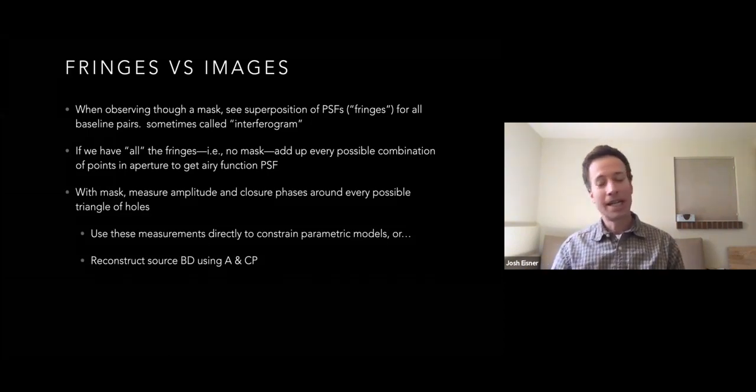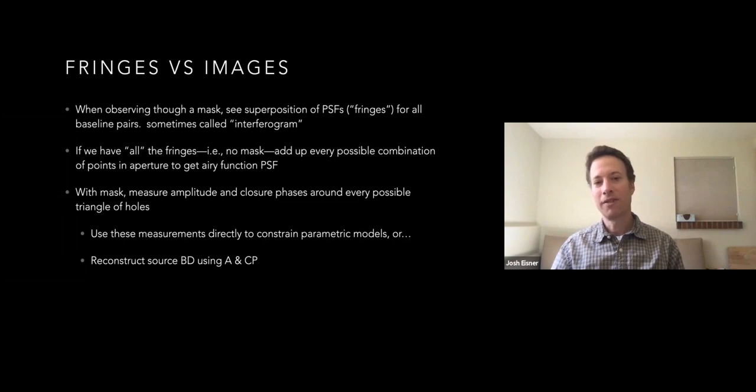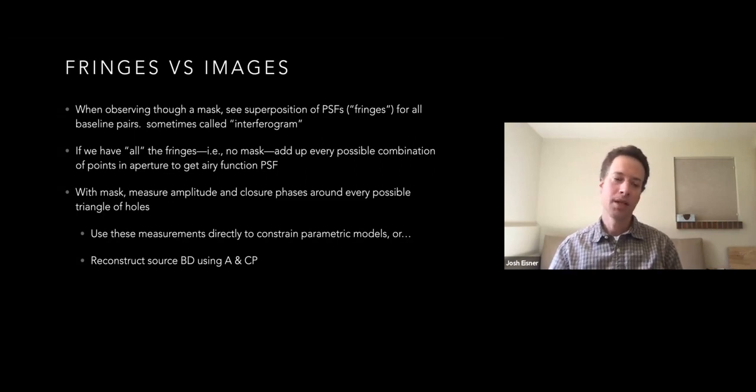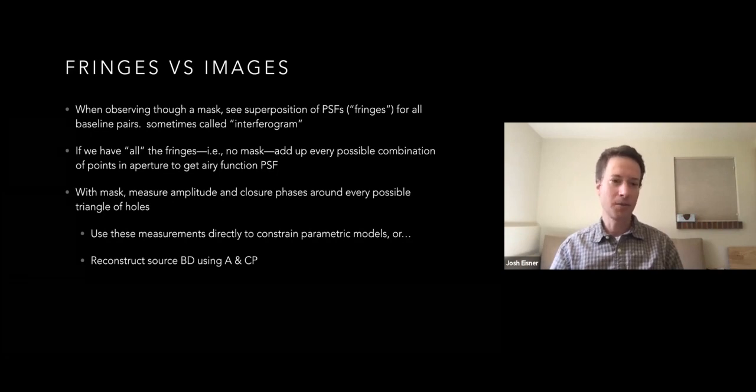Although for the LBT, I guess I should say, you don't do that because you have two Airy function PSFs with a baseline between them. So it's a different PSF, and it's already messier. So with the mask, what we actually do is we measure the closure phases and amplitudes around every possible triangle